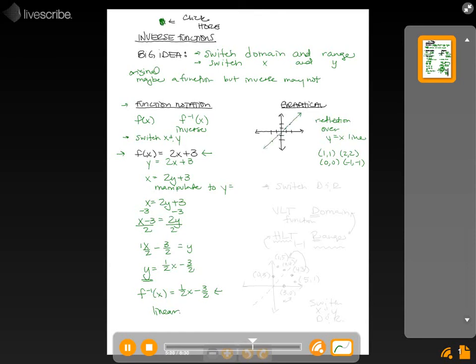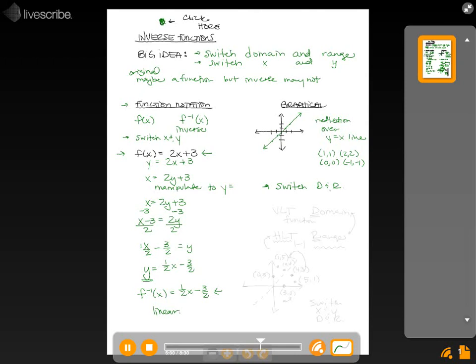And graphically, what we're looking at is a reflection over that line. If we folded the graph in half, our inverse would be the reflection of that. What that means again is that you would switch the domain and range. Our range now becomes the domain, and the domain becomes the range. This is where it's important. This is where you could think a little bit farther